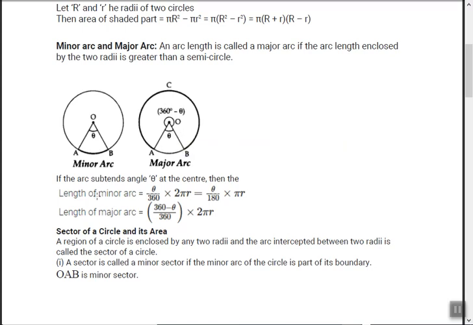Suppose if you are asked to find the length of the minor arc. Minor arc means this smaller AB. How to find this? Here, what is the circumference of the circle? Full length, that is 2 pi r. Either it is 2 pi r or pi d, anything is okay, because 2r is diameter. Diameter means 2 into radius. So it can be pi d also. So full circle is 2 pi r.